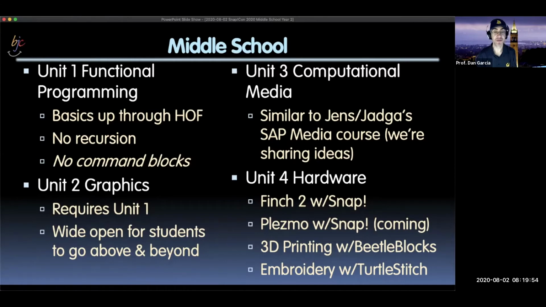We have received some funding from the Hopper Dean Foundation. I should mention that, to help us put this together. The curriculum currently exists as a set of Google Docs. That was really easy for the kids. They were used to that. It was easy for me to run this 10-person course there.